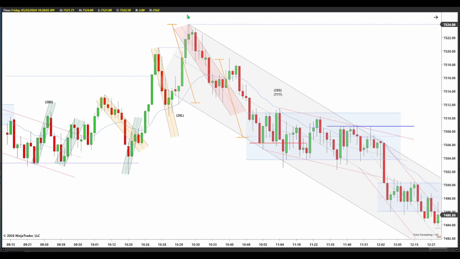Presses and makes a new localized high, actually high of day. First entry long pullback, second entry long, again, not the best signal bar. This red down channel doesn't even fit that well. I also tried drawing it a few different ways, but I couldn't really find a channel that